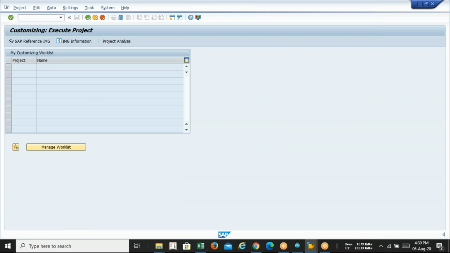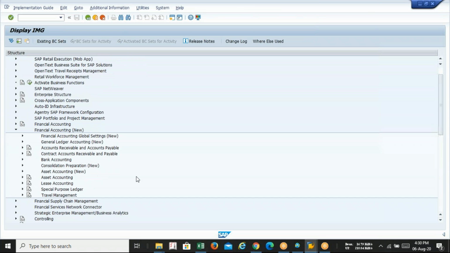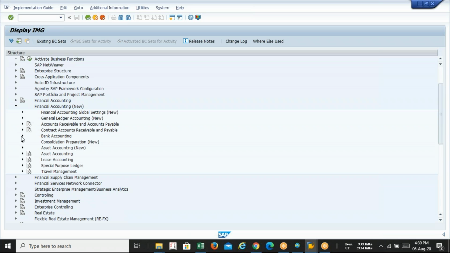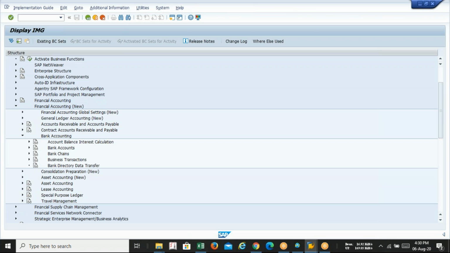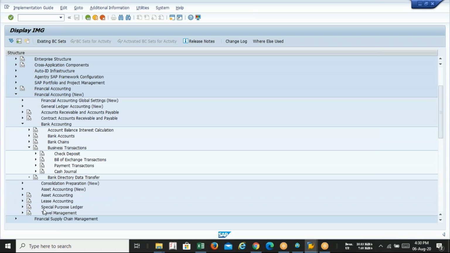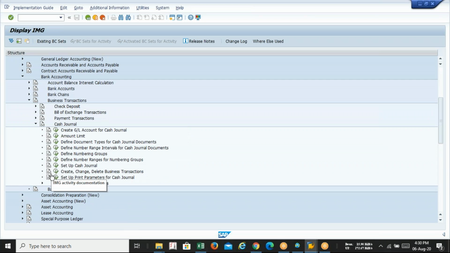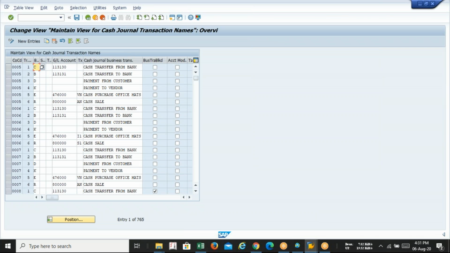SPRO, Financial Accounting New, then Bank Accounting, Business Transactions, then Cash Journal, and then this option: Create, Change, Delete Business Transaction. Here you can also see lots of transactions. Do not follow this. Click on new entries.